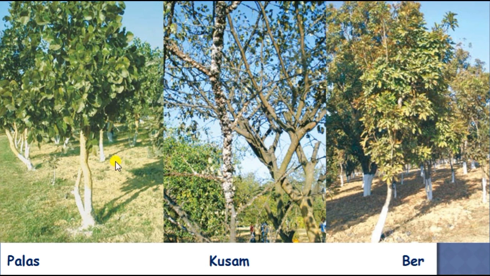Palas trees, as they are summer deciduous in nature, will be shedding all their leaves during the summer time. Then there will not be any leaves available to protect the lac insect from the hot summer. In order to avoid that kind of situation, we have to do the proper pruning. When we do the pruning during the months of October to November, just before the inoculation, then it will provide the leaves for the summer crop. In this way, we can protect the lac insect during the summer time. This is also one of the important reasons why we have to go for proper pruning.